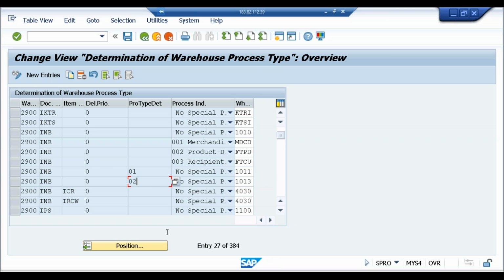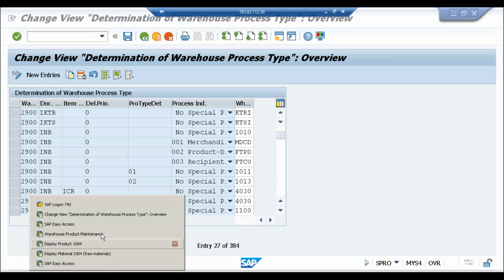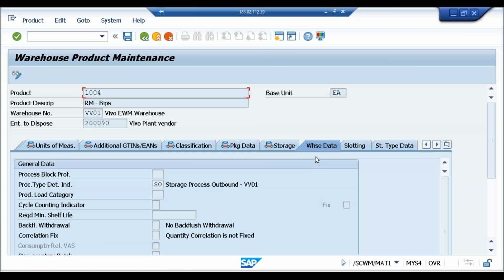Okay. So here in the material, in the warehouse data tab, we have the process type determination indicator. This process type determination indicator, according to the warehouse, we can maintain. So the process type determination indicator is placed here. The system will read it: once the material is created and the system has identified the product, it will reach this field in the warehouse data tab, and from here it will pick the